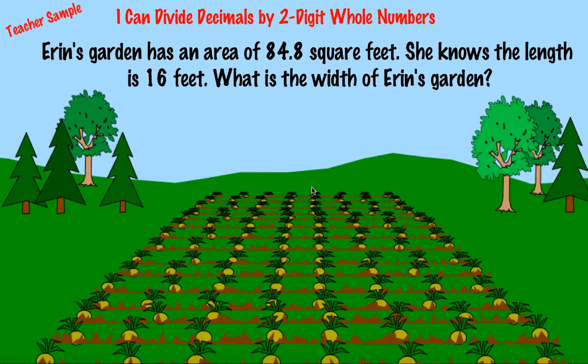So your sample problem today is Erin's garden has an area of 84 and 8/10 square feet. She knows the length is 16 feet. What is the width of Erin's garden? So when we look at area, we know area is base times height. So height is going to be our length in this case. We know the length is 16 feet. I can label that. 16 feet is the length, which is this. And what we're looking for is the width,